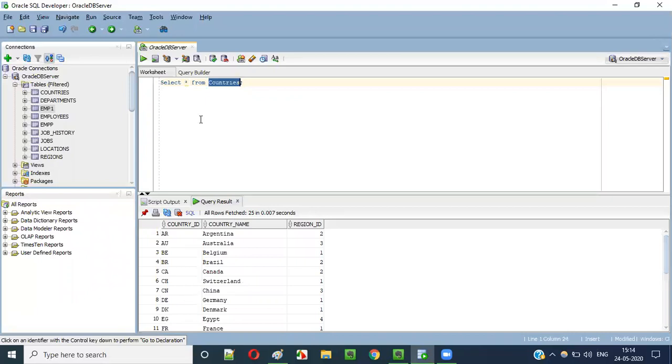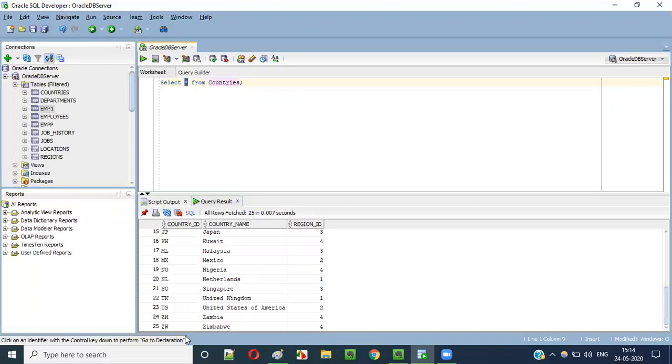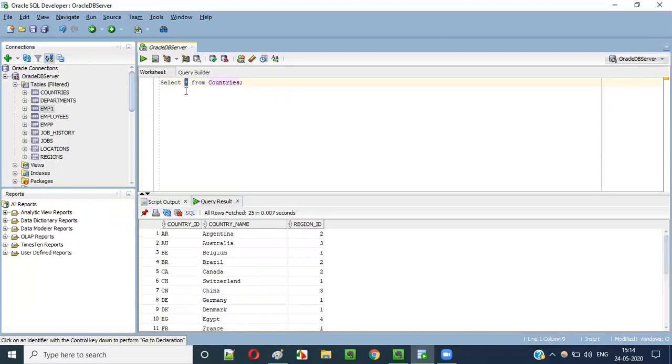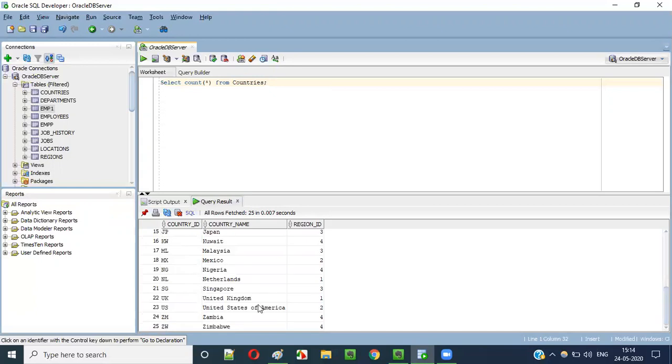Now I would like to find out how many records are there here using a SQL statement. For example, here we have 25 records in total. If I say select count of star from countries, the total is 25.